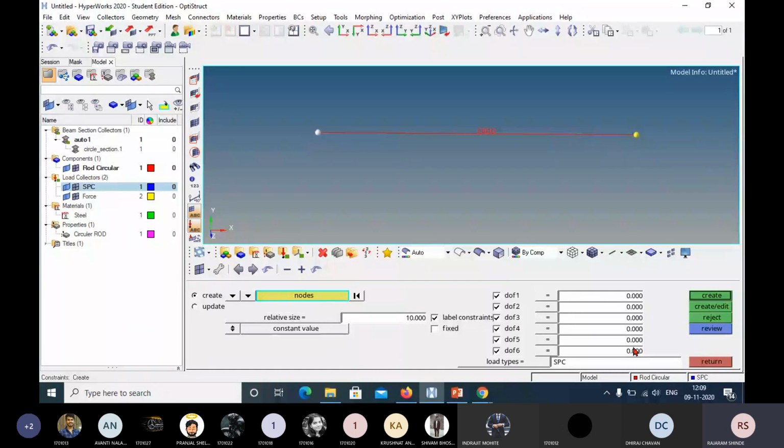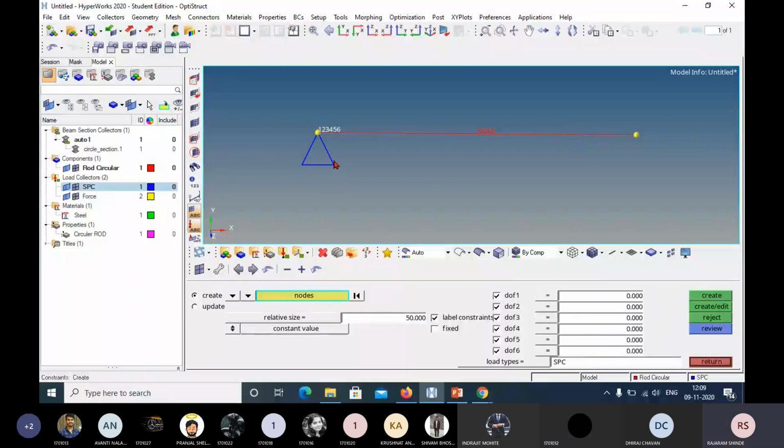Now I am going to fix this. After selecting the nodes and all these options, you just click on the create button. Now you see you will get a small triangle. Is this small triangle visible? Yes, sir.